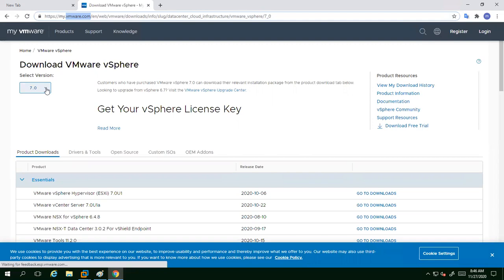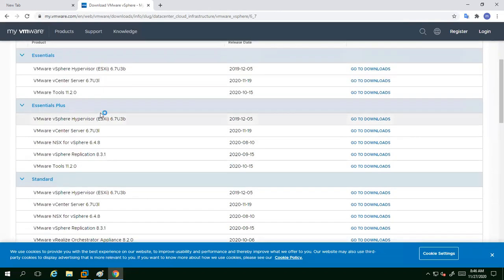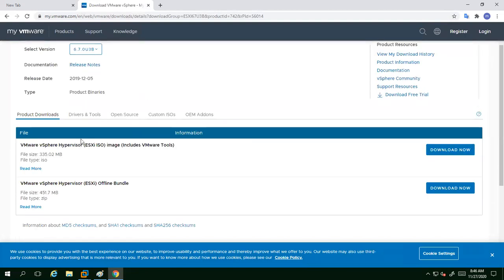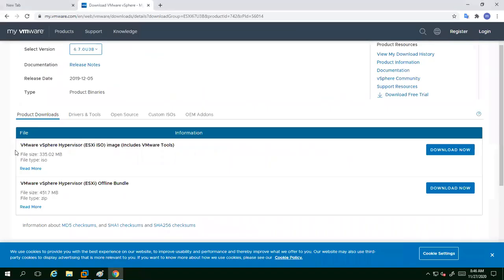And here you can see the version. So let's say 6.7. And here we have multiple versions. Essentially, this depends on the licensing. So let's talk about the basic one. Last time we talked about this being our hypervisor. vSphere Hypervisor means this is your ESXi image. Now, if you go down,